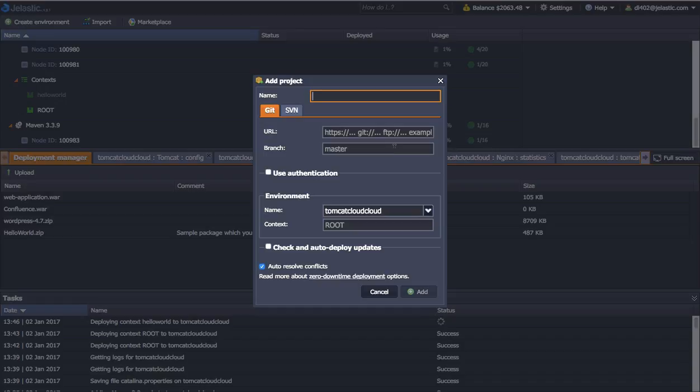So the point is that Jelastic has integration with Git and SVN, and you can configure the deployment,